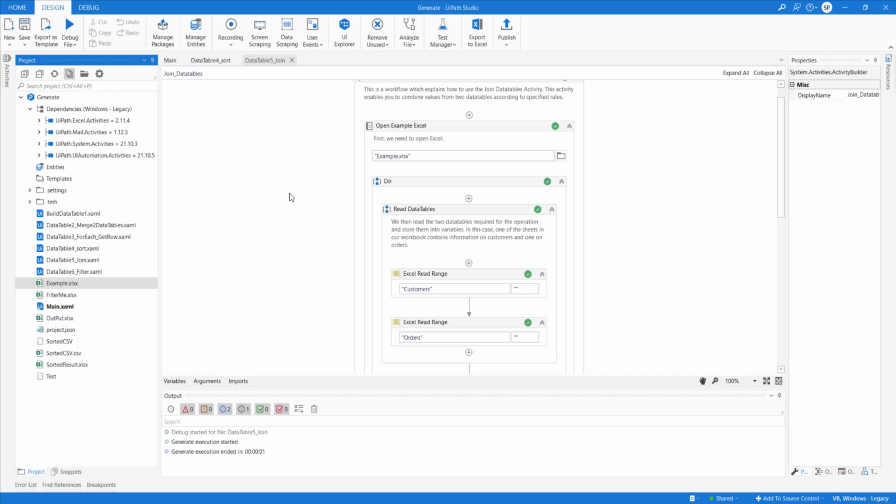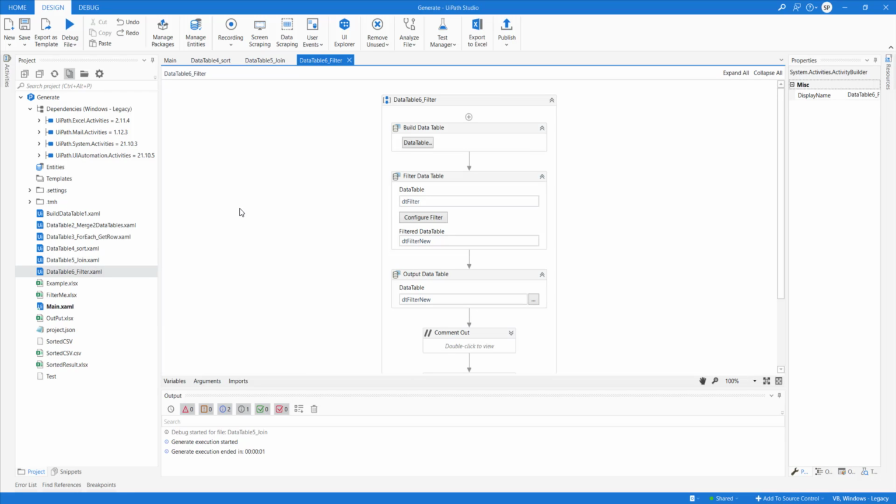All right, guys. So this is our example number 5, and then we have example number 6, which is another use case where we need to do filter operations. Filter operations are required when you select a bunch of data from a large pool of data, or you need to segregate data, putting a small set of data into a different file, or perform multiple operations on data on the basis of filter conditions. In those kinds of scenarios, the filter data table activity is used.